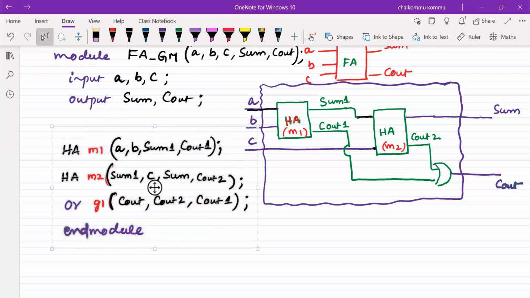So one important point we forgot. So far, A, B, C that we have written, fine, we don't have any problem. But what about sum 1, sum 2, Cout2? Those are all internal to the circuit, right? So those are all wires. Wire